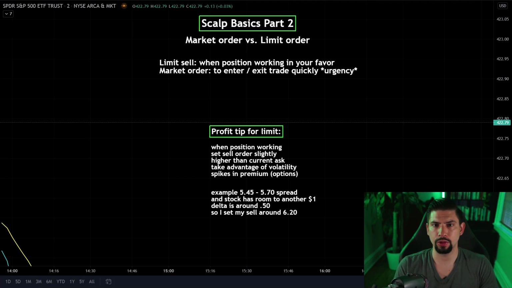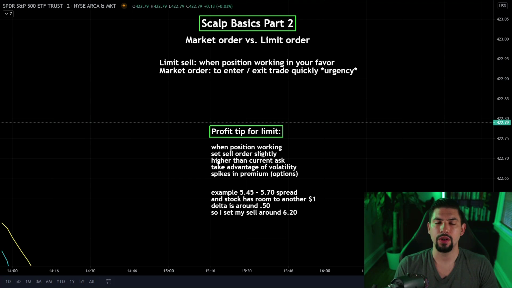So there's pros and cons to using limit orders when you're scalping. Number one is that since you're scalping momentum movements, sometimes when you try to place a limit order to buy something, it will have already moved so quickly that by the time you place the order, it won't fill because price is no longer there. So in order to get around that, you're going to have to use a market order when you're scalping via shares